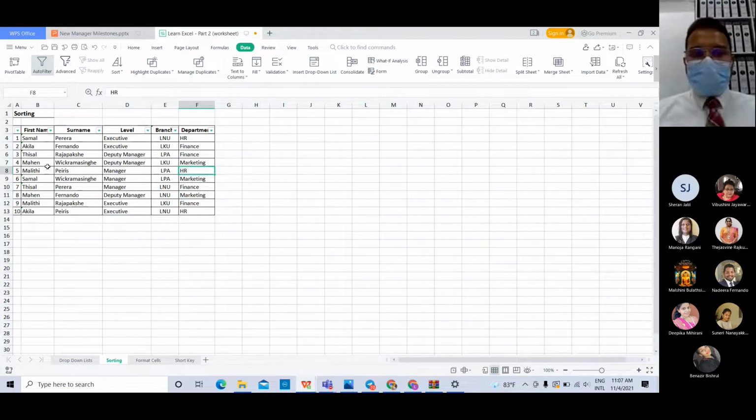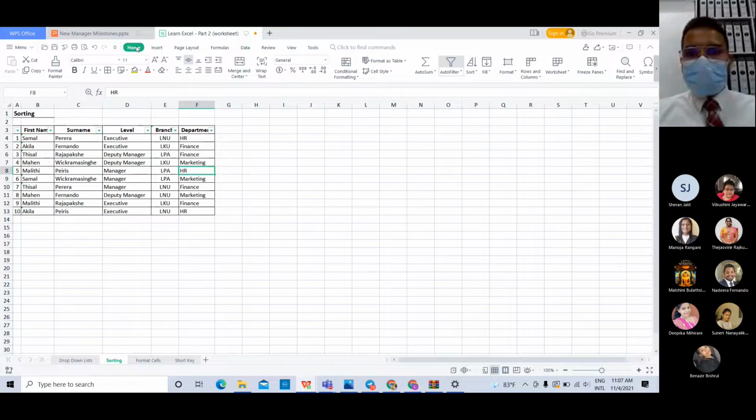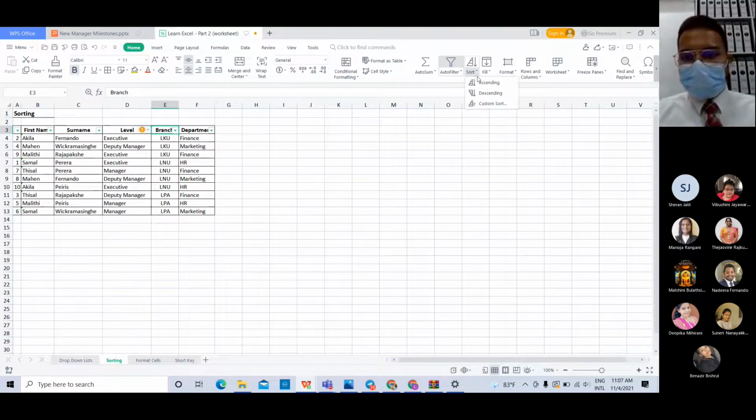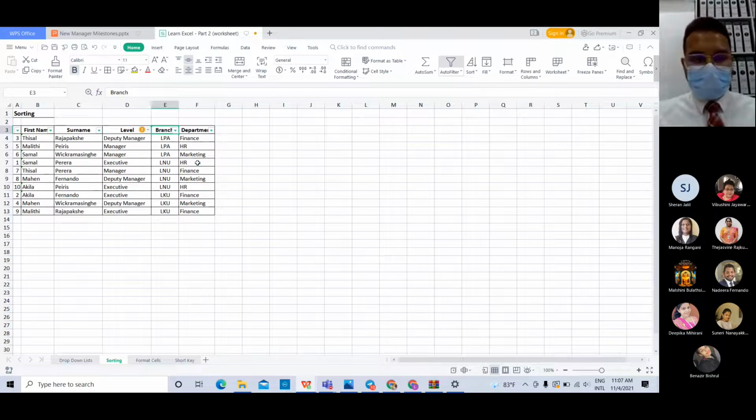So let's say now you want to sort out this list. So normally the basic functions that we use in sorting, you can see the sorting option is available in the home tab, right here. So most of the time we click on this and then we sort as per the ascending order. Or if not, most of the time we sort as per the descending order. But I will teach how to do a little bit of customized sorting. So you can just click on anywhere in this